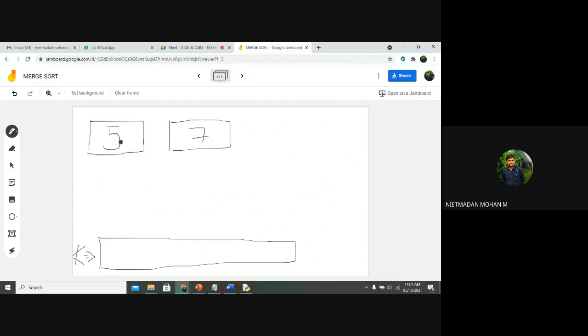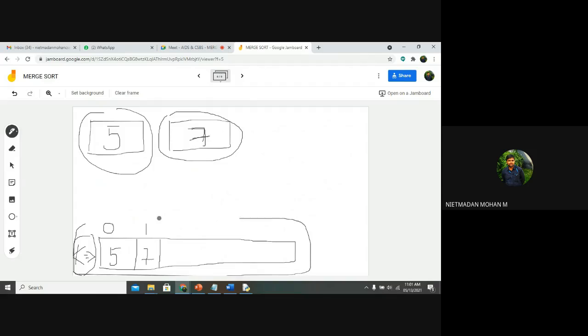Okay, sir. So when you are comparing 5 and 7, what will happen? 5 is the smallest value, and the k will be incremented by 1, right? So first it will be stored in 0, and after that what will happen? If suppose again this is the final element, I want to store 7 here. So this k will be incremented automatically, whether it is from the left list or the right list. The k will be incremented by any one of them, right?